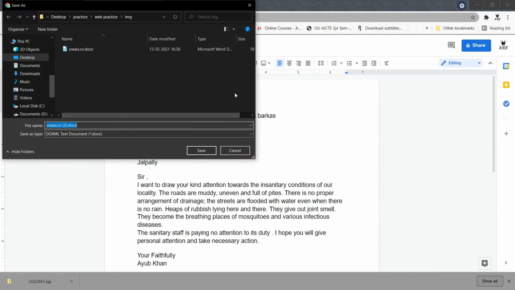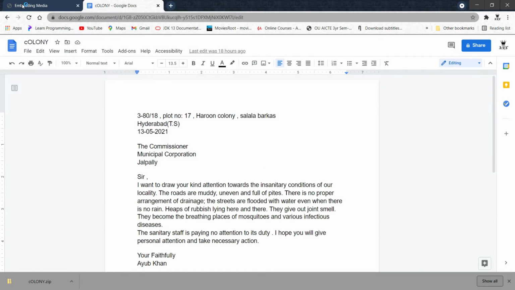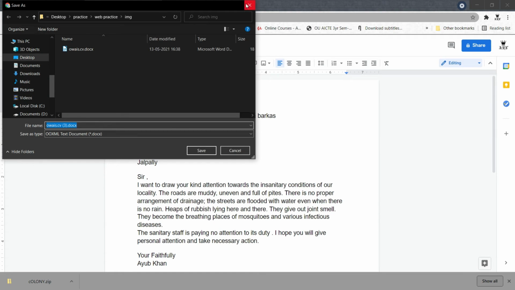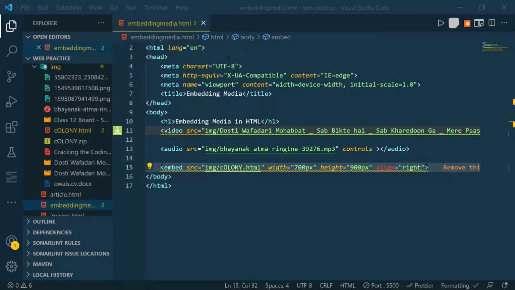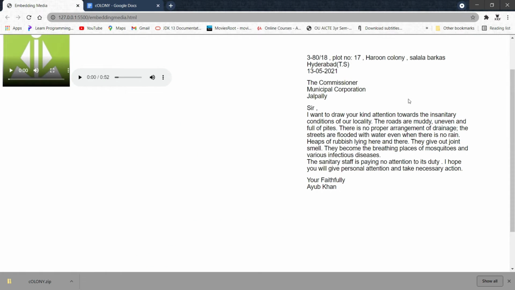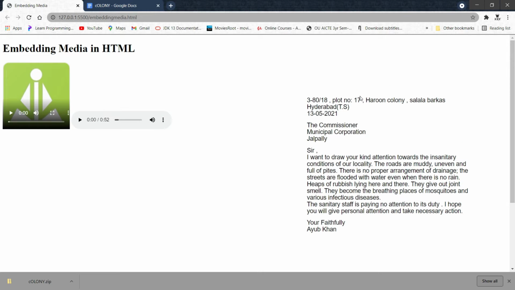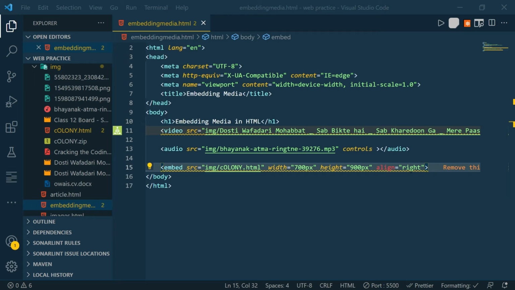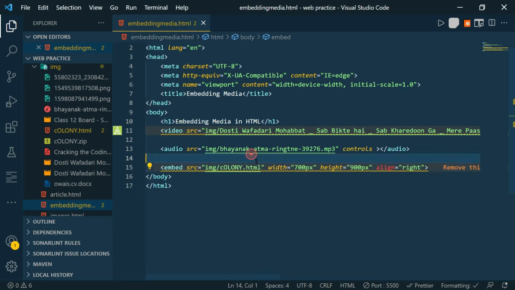Okay, so you can see that we have embedded our Word document here, but we can't control it, we can't scroll it, maybe because it is not scrollable.